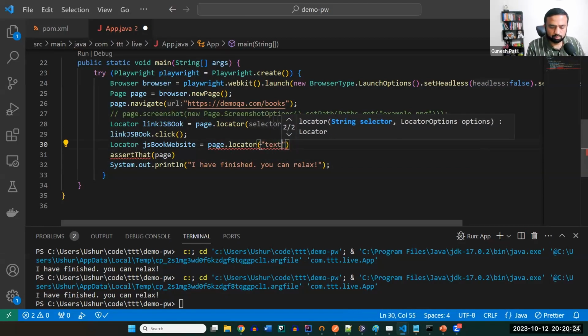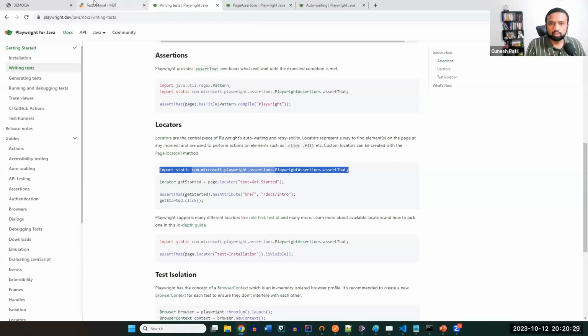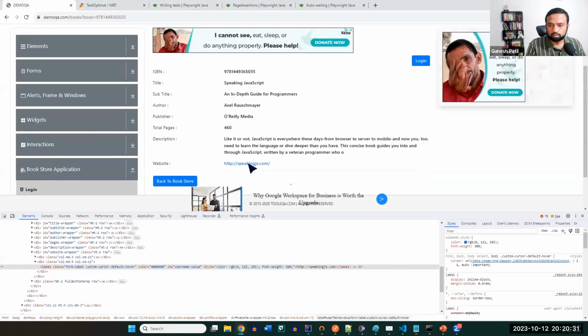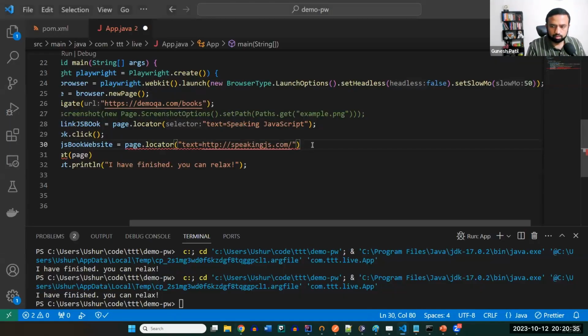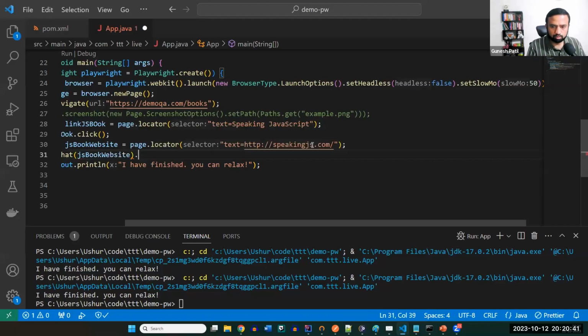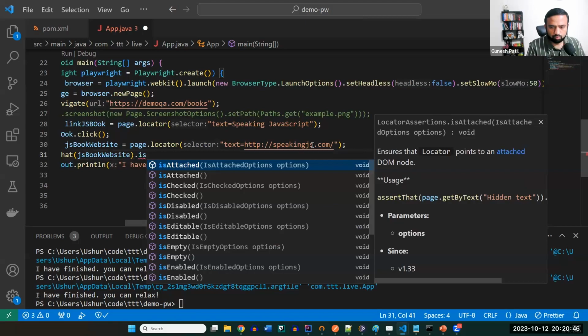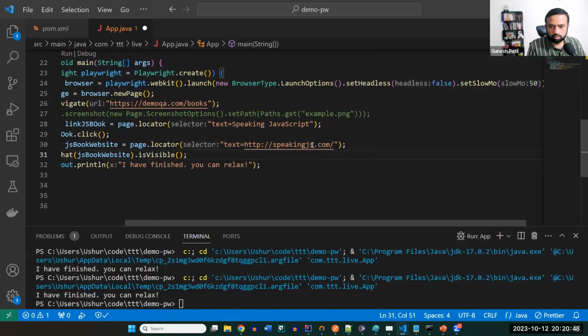Again, text equal to, oops, sorry. This is the text I want. Okay, so this is my locator. Then I'll do JS book website dot. We'll just do whether it's visible or not. And then